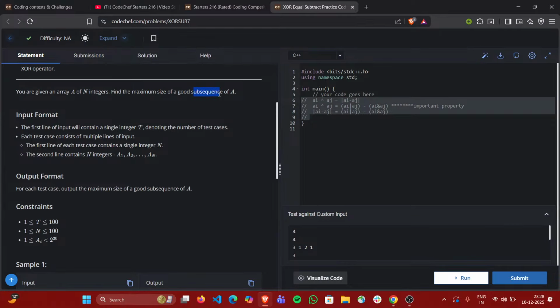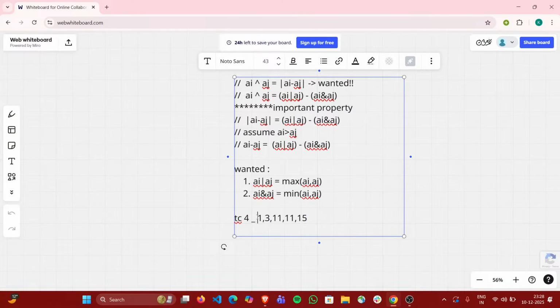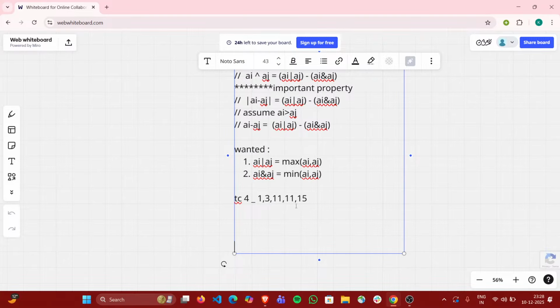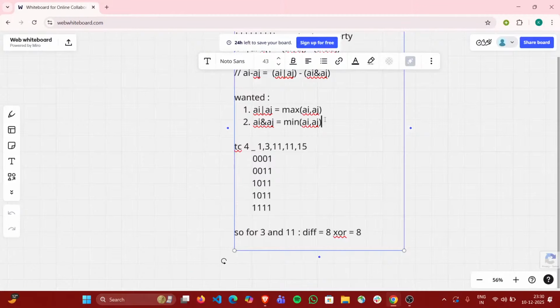And obviously we have to find a subsequence, so the order does not matter since we just have to select elements, right? So let us write all of them in binary first. Also, if you are aware of the bitwise properties, if ai AND aj is equal to the minimum of ai, aj, then basically ai OR aj will be equal to the maximum of